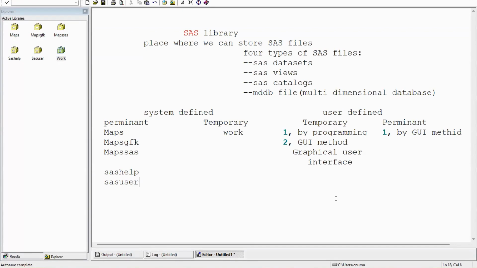Okay. And in SAS, we have 2 types of libraries. The first one is system defined. The second one is user defined. What do you mean by system defined? These libraries will come along with our SAS installation. And that's why these are called